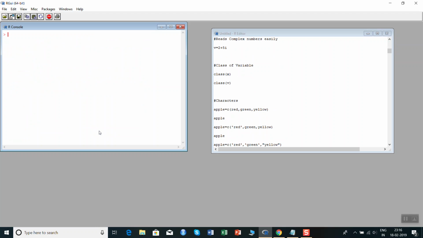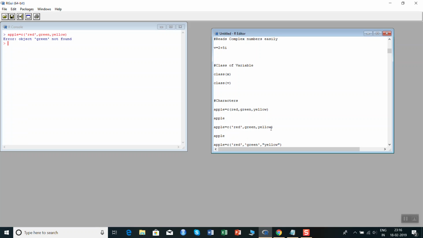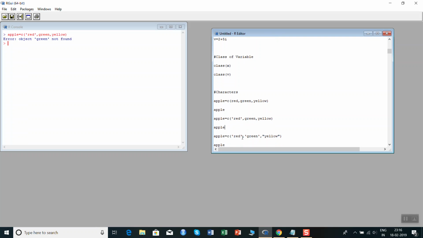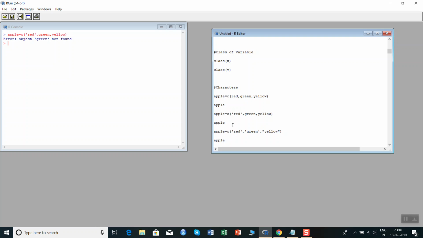The console is cleared. Now apple equal to C, red, green, yellow. Let's look at this. Here also it is not found because we have given inverted commas in one, but in the others we have not given anything. So this will not execute anything again. Now we are giving inverted commas in all three, but there is a difference.